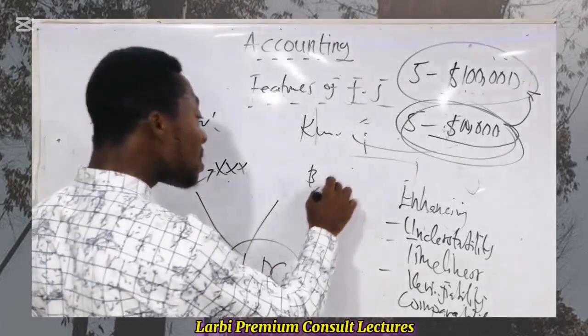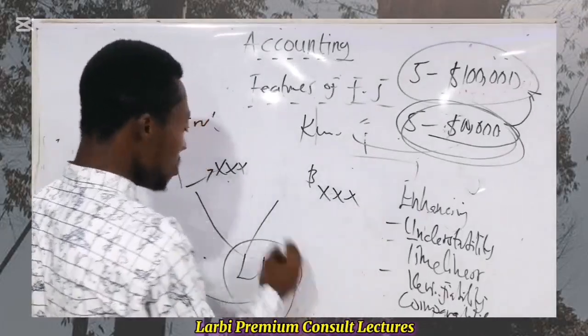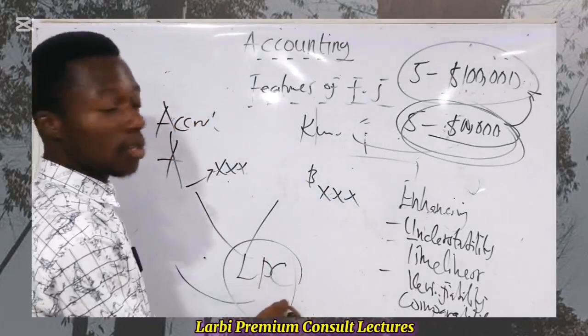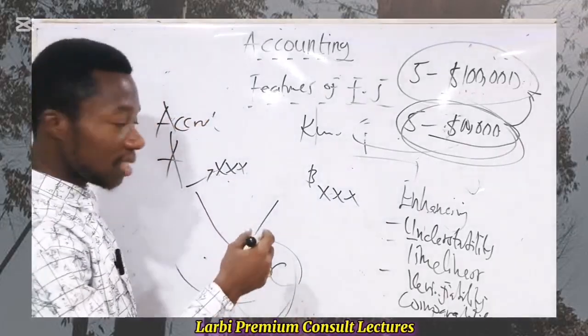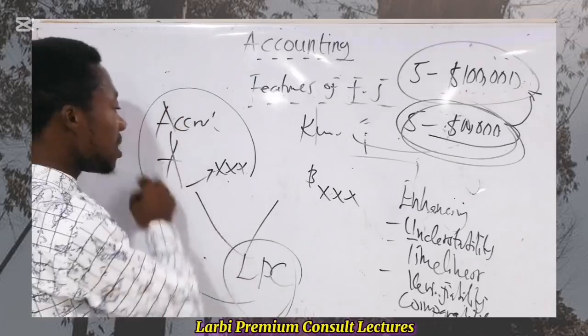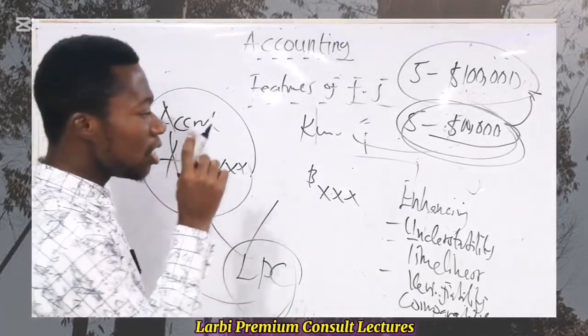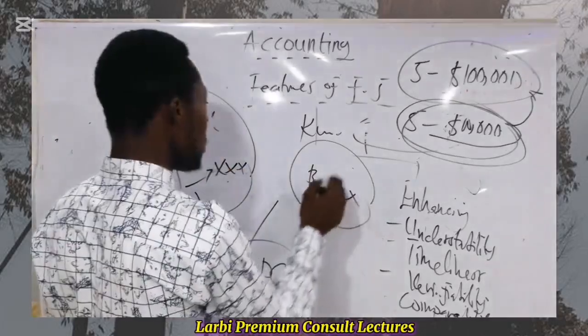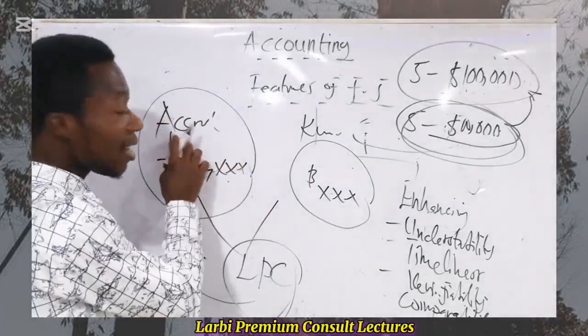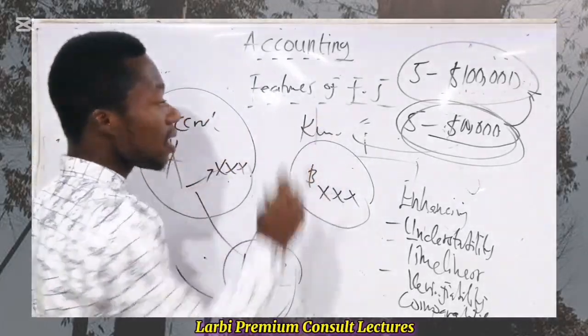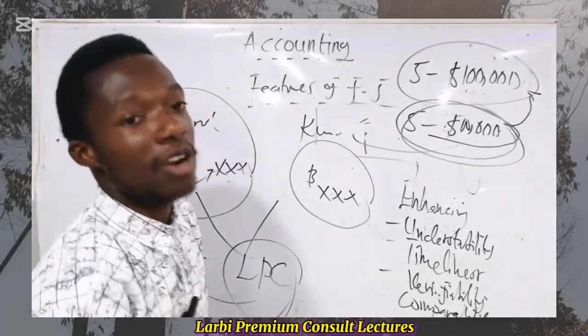That means that if A is getting a result of, let's say, XXX, then B is supposed to get the same result of XXX, because they are coming from the same company. So when it comes to creation of the financial statement, if you are using any method to arrive at any values, it's supposed to have the same effect. So the one in Accra is supposed to have the same result as the one in Kumasi. This is what we call verifiability.